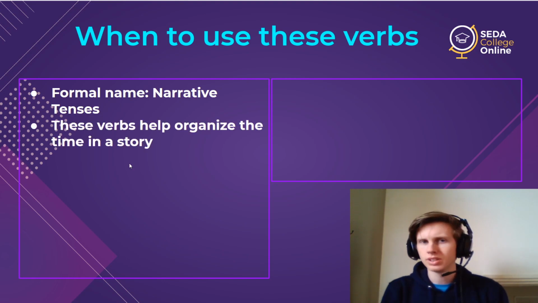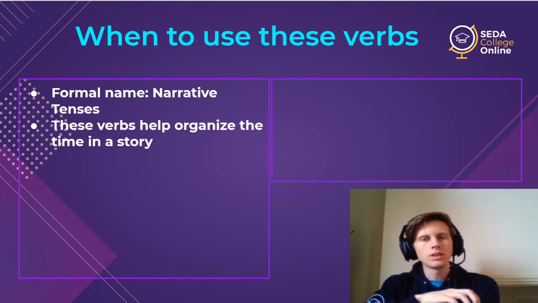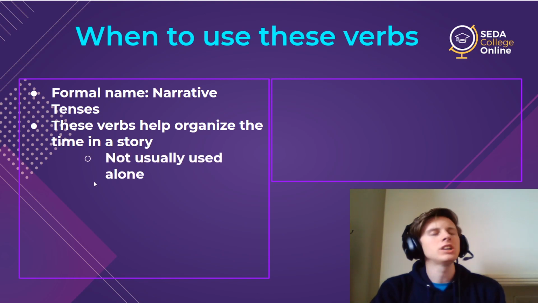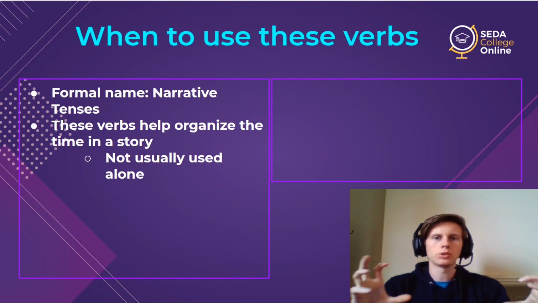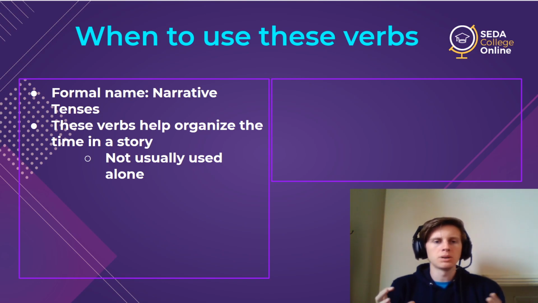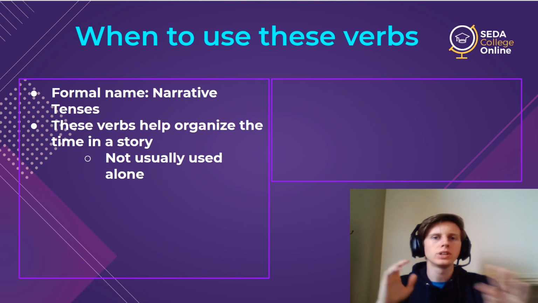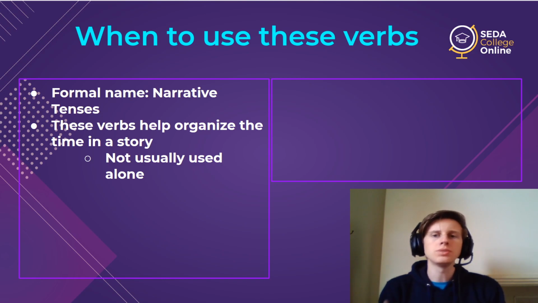And they're called the narrative tenses because they organize time in a story. I'm talking about something that happened in the past, and now I can describe something that happened before and then something that happened around my event in the past. They are not really used alone. It is possible to use these alone as just one sentence, I was walking home or I had eaten dinner. But it's very difficult because they do not have meaning without that point in time, that simple past example, because I don't know when it was before and I don't know when it was in progress. So almost always use these verb tenses in relation to, or with a connection to, a simple past sentence,